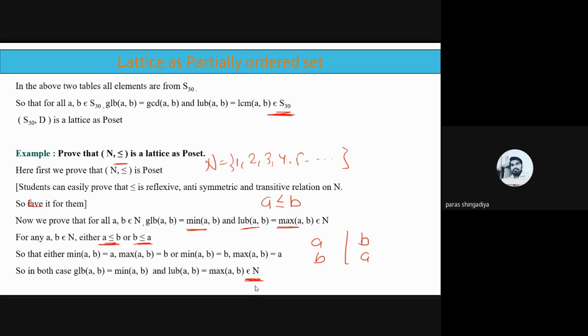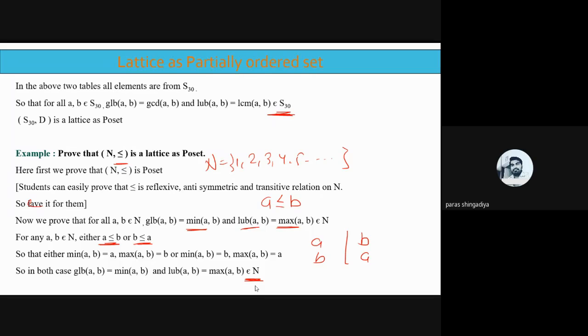ठीक है, all are perfect number, so there is no any question for rational and irrational value. ठीक है, कि आपको आंसर 1/2 आएगा, आपको आंसर √2 आएगा, ऐसा तो कोई सवाल ही नहीं होता वहां पे। क्योंकि सभी चॉइस आपकी परफेक्ट नंबर की है। और पॉजिटिव भी है, तो नेगेटिव भी आंसर का कोई क्वेश्चन नहीं है वहां पे। और स्टार्टिंग 1 से है तो 0 का भी कोई पॉसिबिलिटी नहीं है आने की। Okay, so all such values will be the perfect number, will be positive, and therefore they always belong to the N, and that is required to say whether it is lattice as a poset or not.